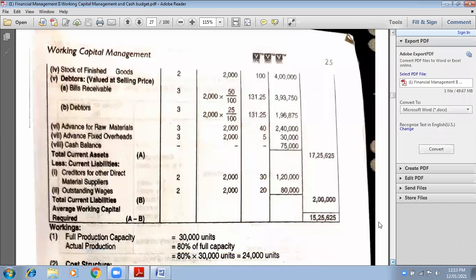Now what I am going to explain to you is how to calculate MPBF on this sum. You have completed this sum. This much has to be done. In every sum, you have to calculate current assets, you have to calculate current liabilities, and finally you have to calculate net working capital requirement. After calculating net working capital requirement, you have to come to the formula of MPBF, and it is divided into three methods. So how are you going to do it? Write down.